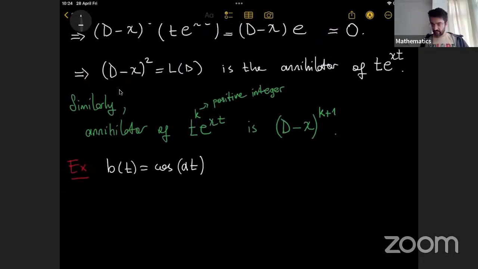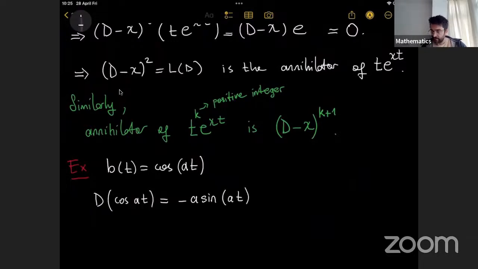So we take the derivative, d of this is, well, the derivative of cosine is minus sine, and you multiply with the derivative of the inside, so minus a sine at. And let's differentiate this again because we don't get 0 here. So d squared